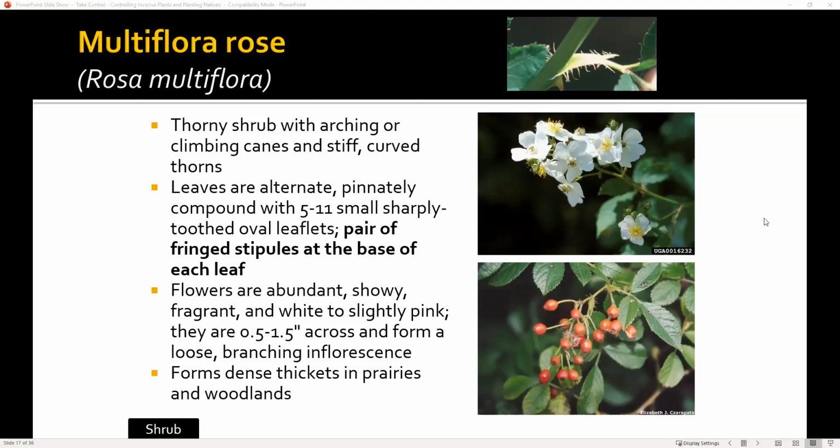Multiflora rose is simply the name. Multiflora is many flowered. And you can see there are many flowers here. There's like 1, 2, 3, 4, 5, 6, 7, 8 flowers in that cluster. And fruits, similarly, there's a good dozen or more fruits. Our native roses don't do that. Our native roses, first, are by and large pink. And in a cluster, they would never have this many. So if you have the flowers and fruits to look at, you would know immediately that has to be Multiflora